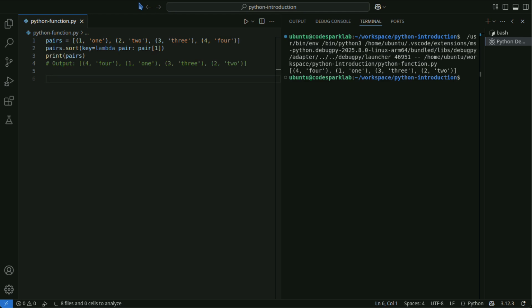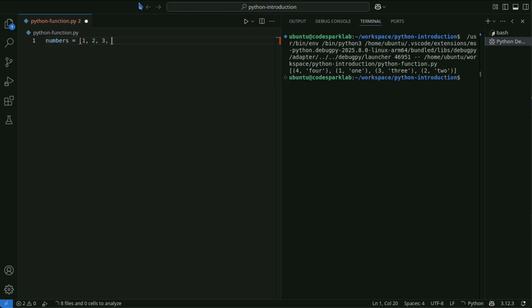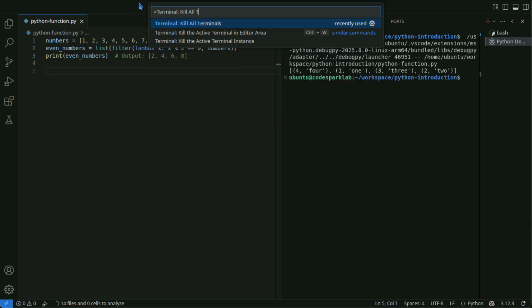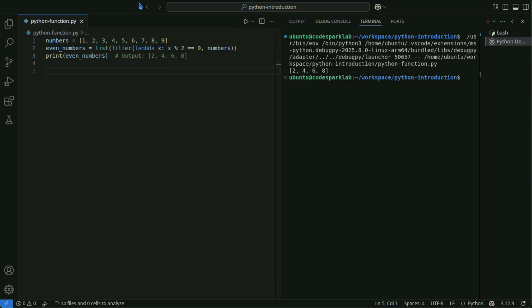The filter function is used to filter elements in a list, or other iterable, based on a given condition. In this example, even numbers in a list are filtered to create a new list.